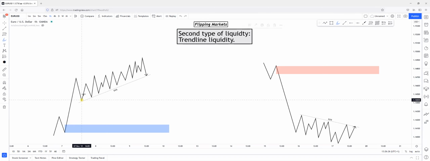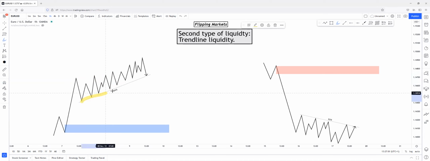And after the pullback, price started to form small, efficient movements to the upside, small little breaks of structure, zero liquidity sweep. So the only criteria here is the break of structure, but those movements are really slow and choppy, and we do not like them. So if price turns into this phase, we will call this a liquidity trend line because price is breaking structure to the upside slowly, creating some new highs, new lows, new highs, new lows,